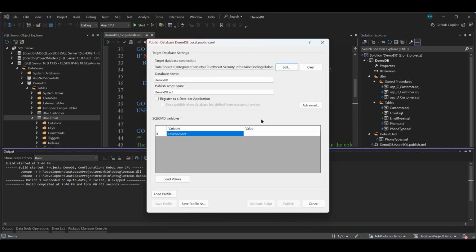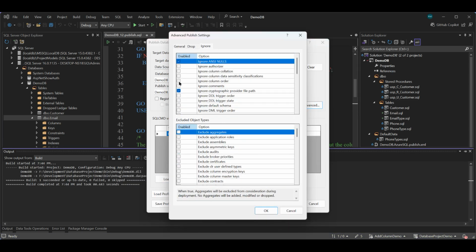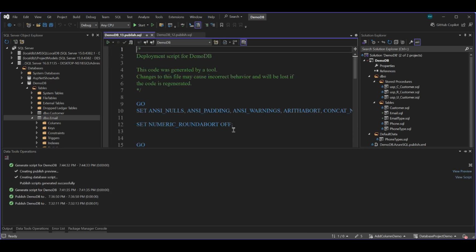Let's open up publish again, load up our values, go into advanced, click on ignore column order. Now, what this is telling the deployment engine is, hey, if the columns in the destination tables are out of order, we don't care. We're just going to do an alter table at that point. So let's look at what that looks like